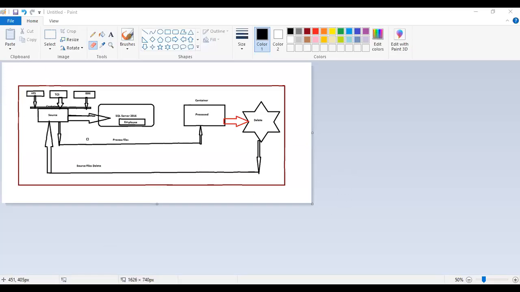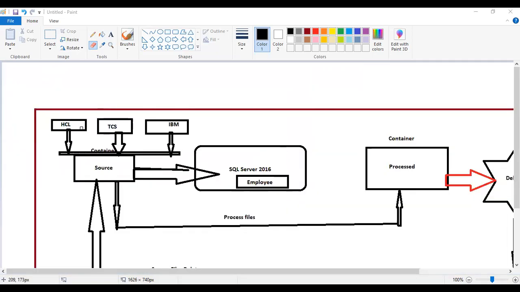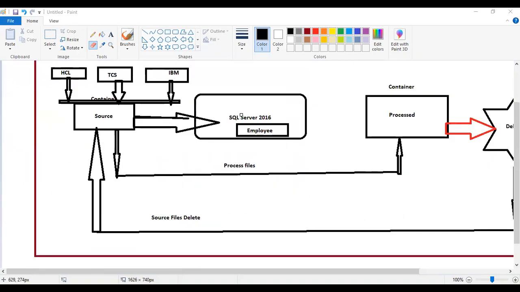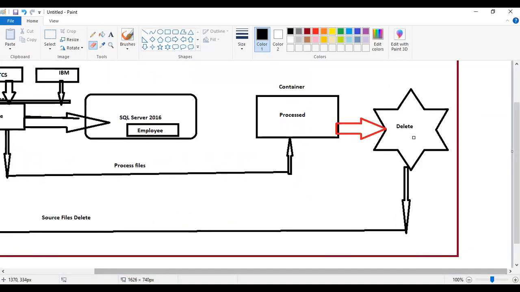So in this demo, you can see clients like HCL, TCS, IBM. These clients drop a file, whatever flat file, CSV, or text file, into this source container. Then one by one, we have to start processing into the SQL Server, copy those files into the process folder, and as the final step, delete